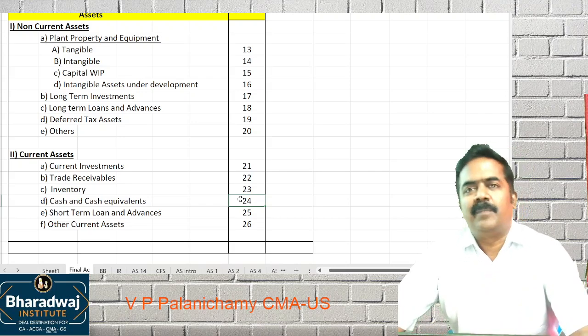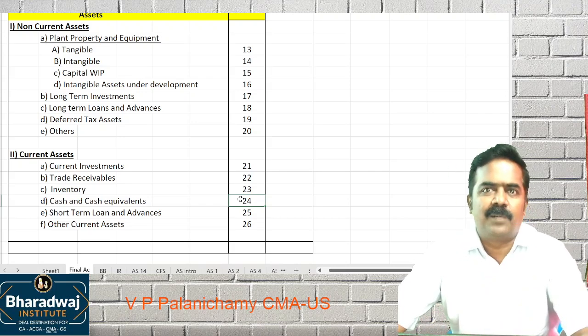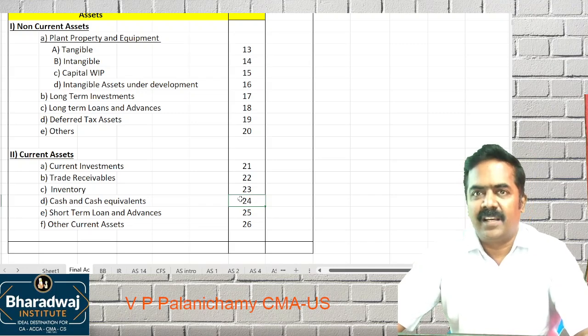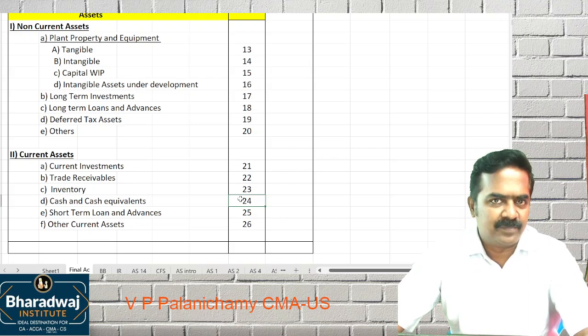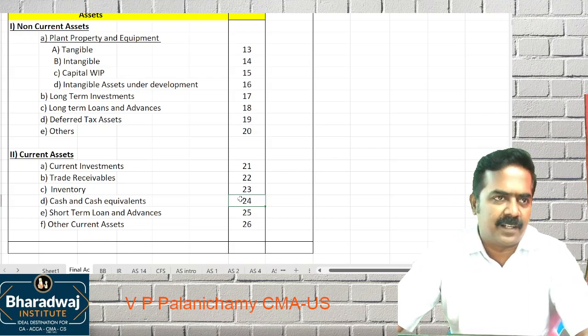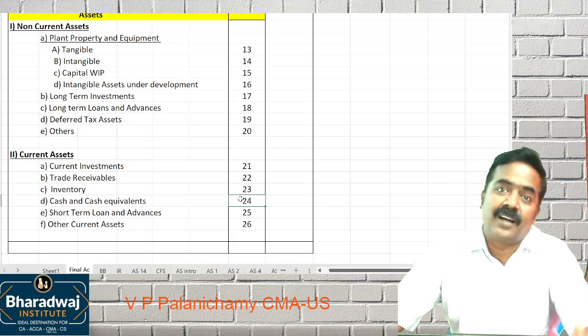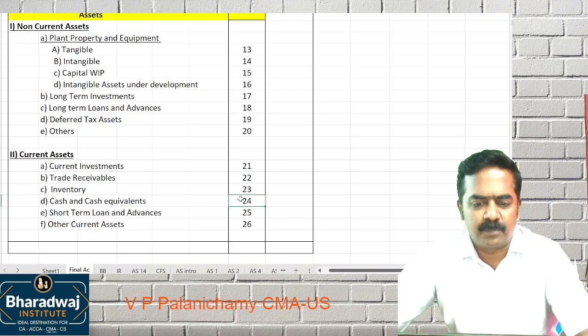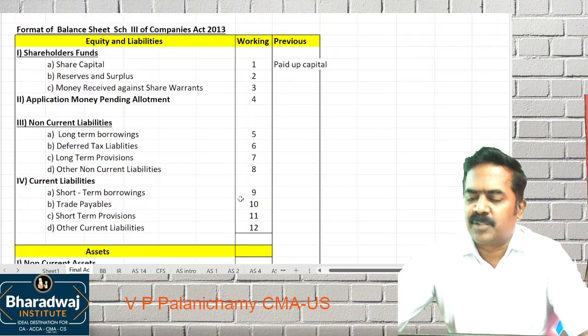Apart from this, they may give you some contingent liabilities. For example, claims pending against the company, or charges pending against the company yet to be decided by the court, or some patent right infringement is there, cases are pending against the company. So those things are like what? Contingent liabilities, for which you have to give which one? Notes to accounts. So you're expected to present the balance sheet as well as do which one?